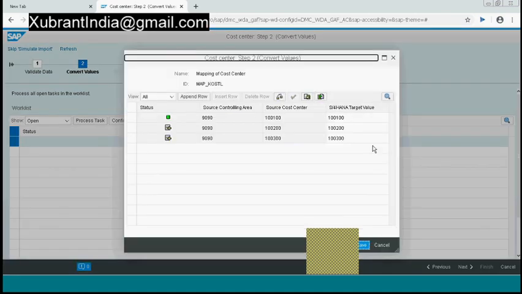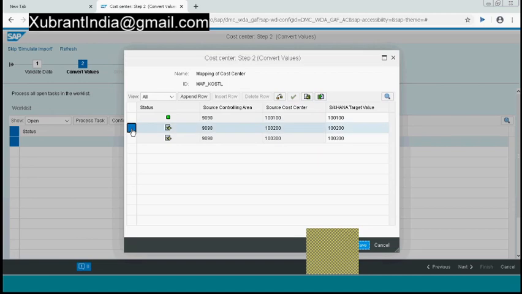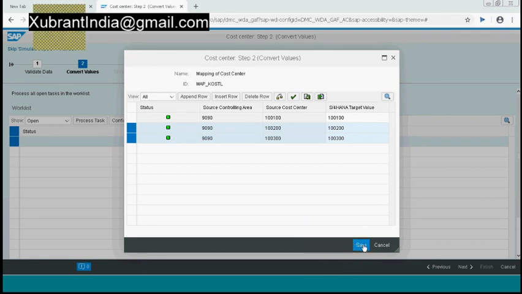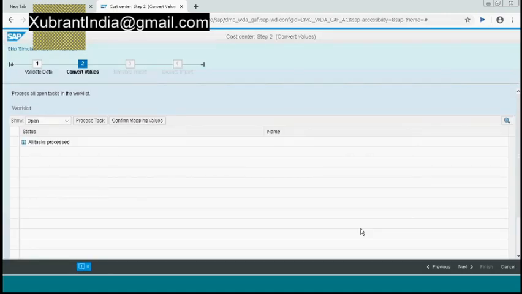So whatever values are entered in the sheet, SAP will convert to SAP values, but generally it's a one-to-one conversion, so you can just click on OK there and on the check button and then proceed further, unless you want to have some different mapping, and if you want, then that can be specified here, but I generally use the same mapping in the Excel sheet as I want it in SAP.